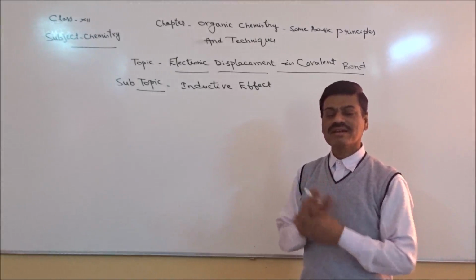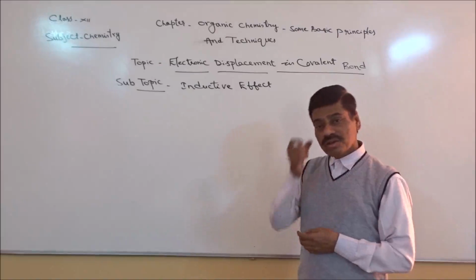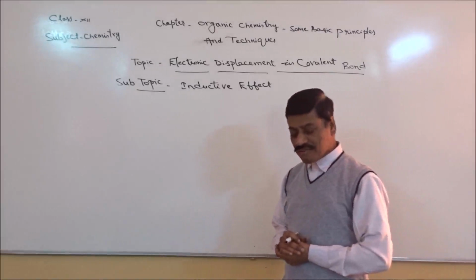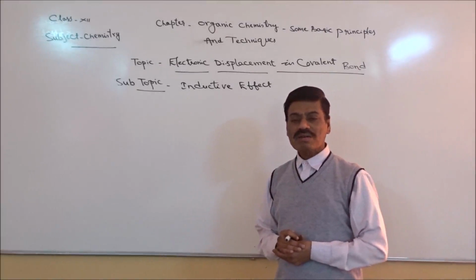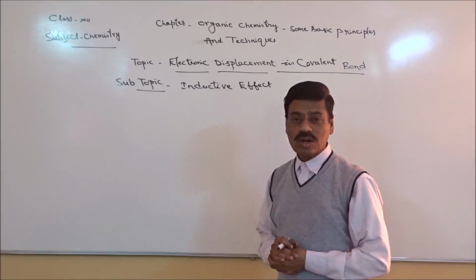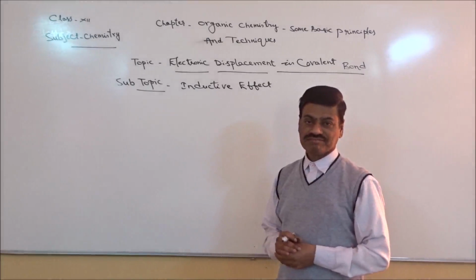These are called electron withdrawing groups. So when one of this type of electron withdrawing group is connected to carbon atom of a hydrocarbon chain, say